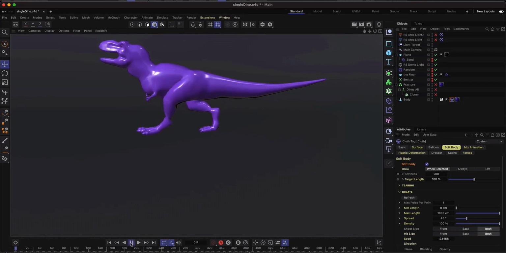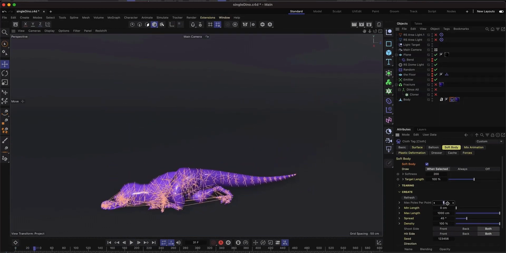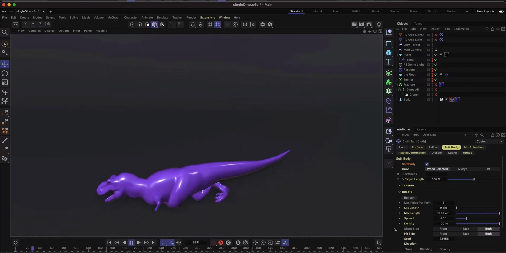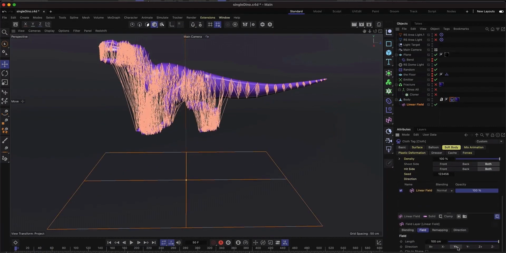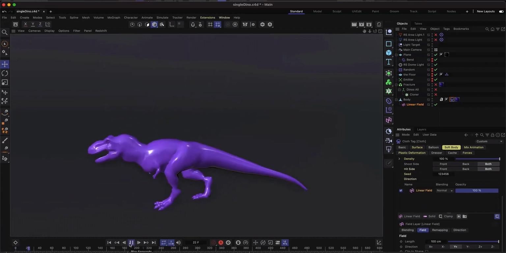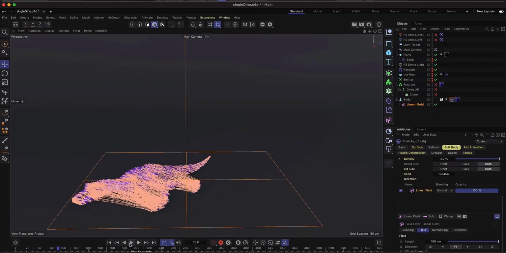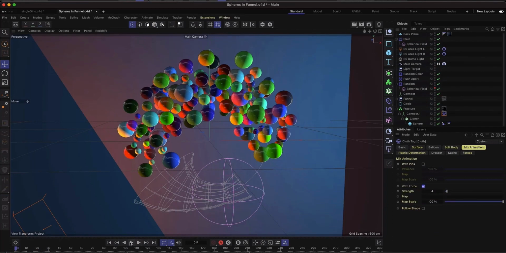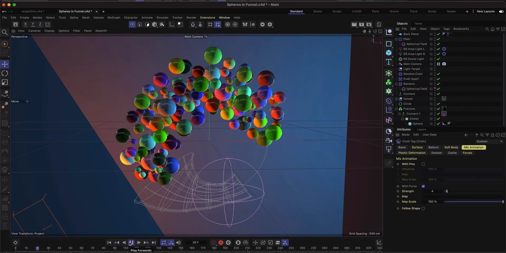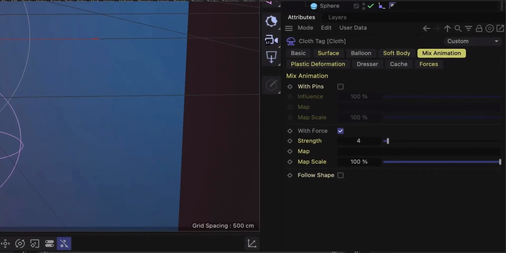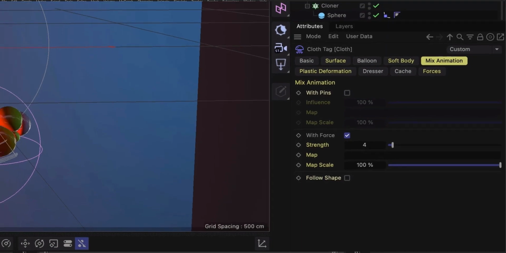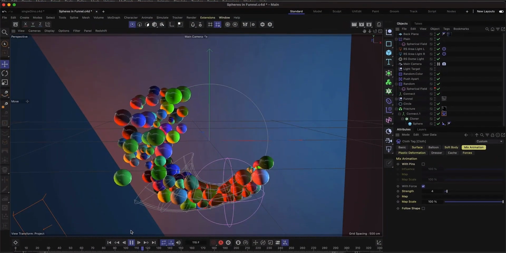So if you've watched my previous video where I was talking about the things that we are supposed to expect, all of the things I spoke about in that video actually showed up. The first thing I spoke about was the simulation part, where I spoke about the upgrade in the dynamics with a new tab and new features like soft body, mix animation, and all of that actually did show up in Cinema 4D 2023, right? And it actually looks more interesting. I mean, actually interesting, not a little. It looks interesting and looks like it has a lot of powerful capabilities,